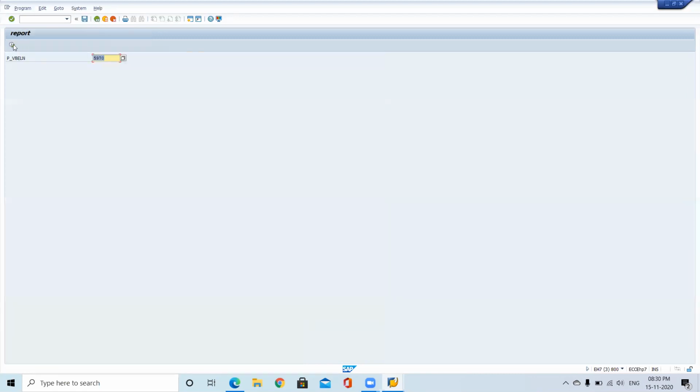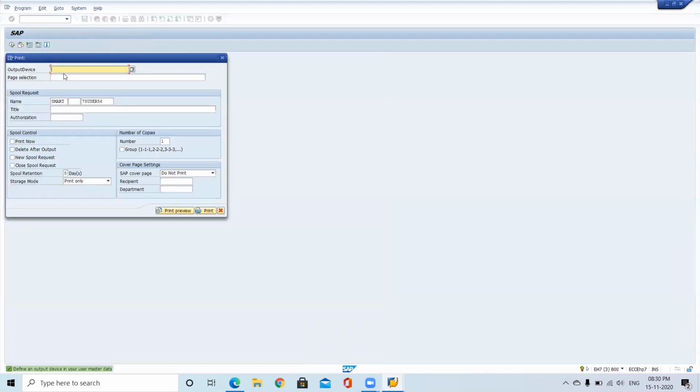So just like a Word document, we are having those options. Definitely we'll expect that from SAP also. So at the time of printing, you are having an option to select your required page. We are having 10 pages. I don't want to see all the pages. I just want to see 4 and 5. In that case, you can give it like that, 4 comma 5. Fourth and fifth page it will print.